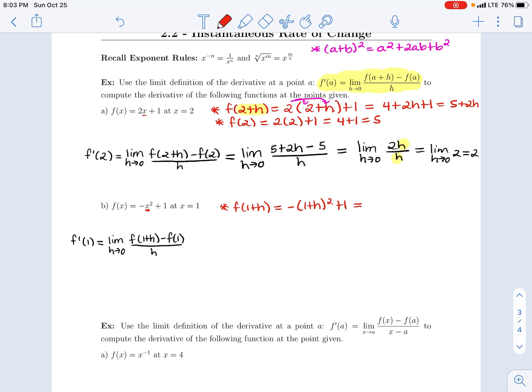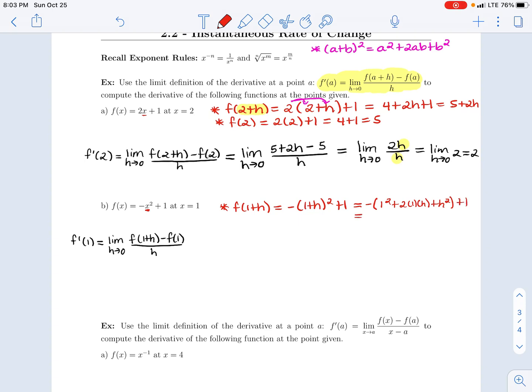Well, here I'm just going to use the formula that I have highlighted in pink at the top here. I'm noting to you that (a plus b) squared is a squared plus 2ab plus b squared. And so this just comes in handy instead of trying to FOIL and all that fun stuff. So here I'm going to say that this is 1 squared plus 2 times 1 times h plus h squared,